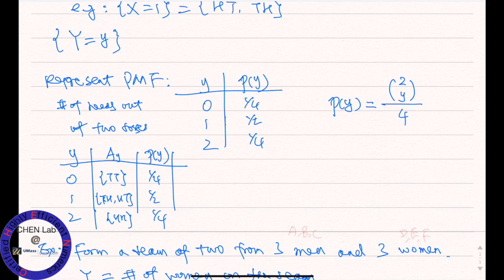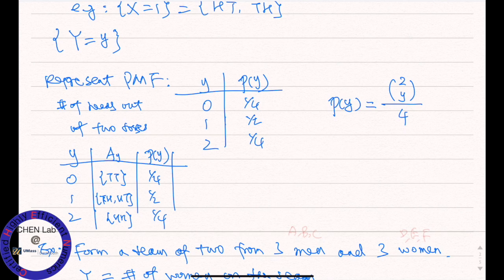And in this case, again, Y is 0, 1, 2, right? The team of 2, so these are all the possible values. You might have 2 men, you might have 2 women. So it's 0, 1, 2. These are all the possible values. Everything else, you can list them, but the probability gets to be 0, right? So those are trivial. So the corresponding P of Y, all right? P of Y,